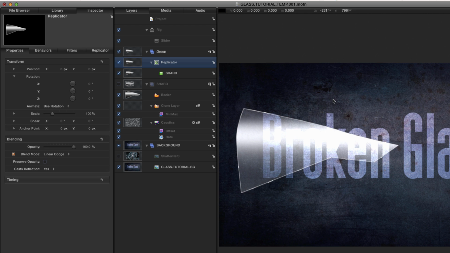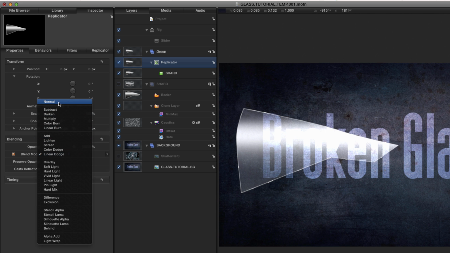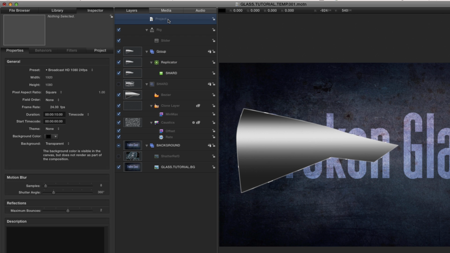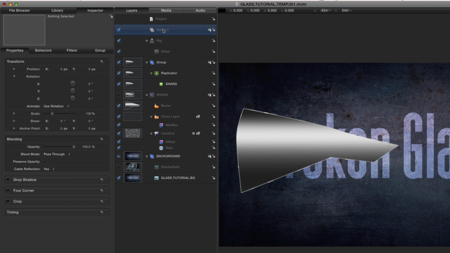Again, we're going to reset that to normal just while we build the rest of the project. So before we create the additional shards, I want to add some animation to this particular one. I'm going to be animating it along the z-axis, and then I'm going to be spinning it on all 3 axes. What I want to do is create a null object that will drive the Z position animation for all the instances. So I'm going to come to the top here, create a new group, and I'll call it